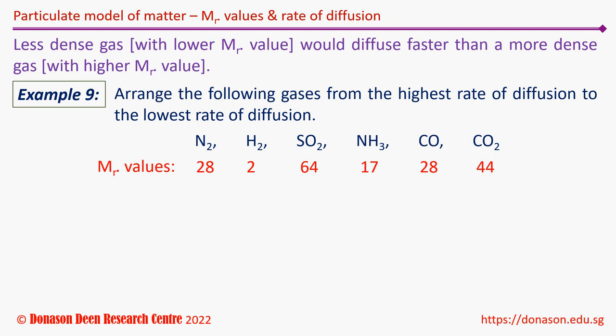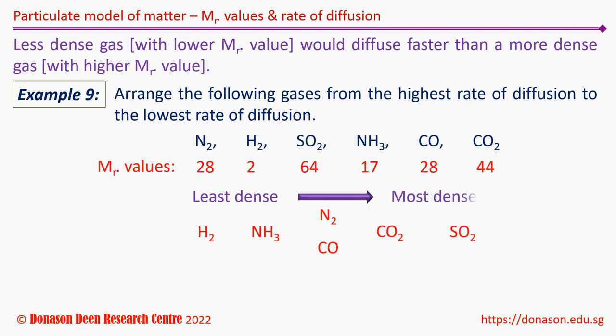So we're going to arrange the least dense gas to the most dense gas. Now if you look at this list, which gas is the least dense? Of course, the one with the lowest MR value, and it is very obvious from the list of the MR values, hydrogen is the least dense gas. So we're going to write hydrogen followed by 17 MR ammonia, and nitrogen and carbon monoxide together, because both of